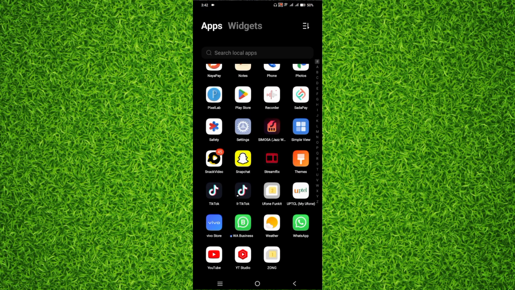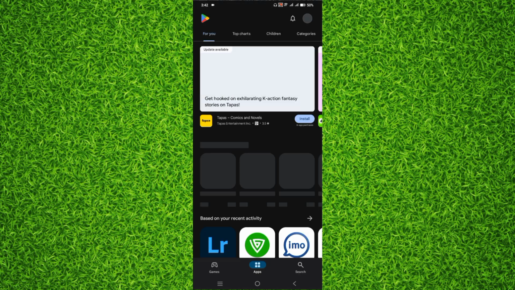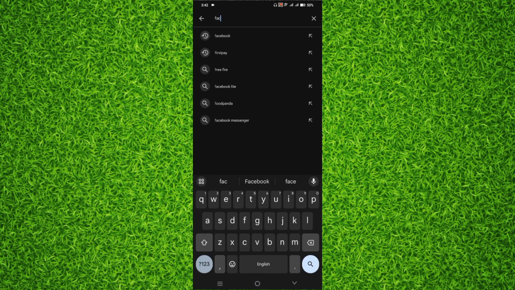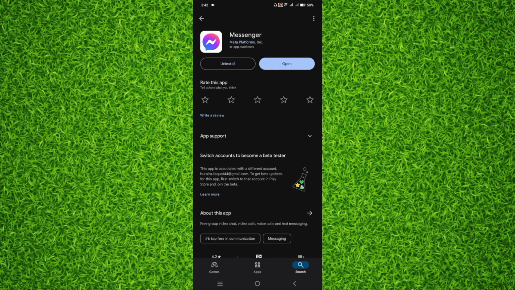So guys, the first thing you'll have to do is to go to the Google Play Store and then simply search for Facebook Messenger app. Now, this is the first way that you can update the Facebook Messenger app. And if it says update instead of open, you can simply tap on update and it will be updated